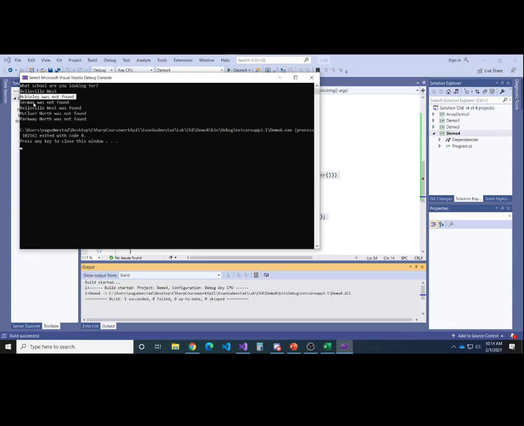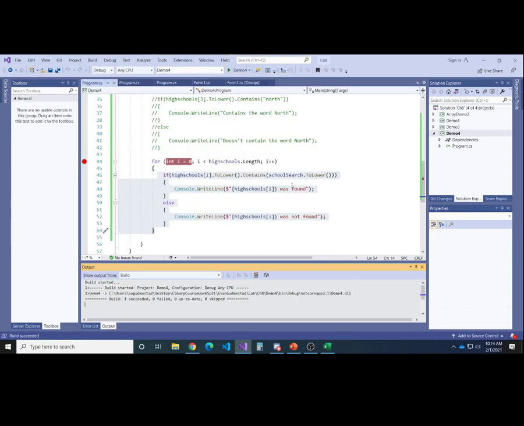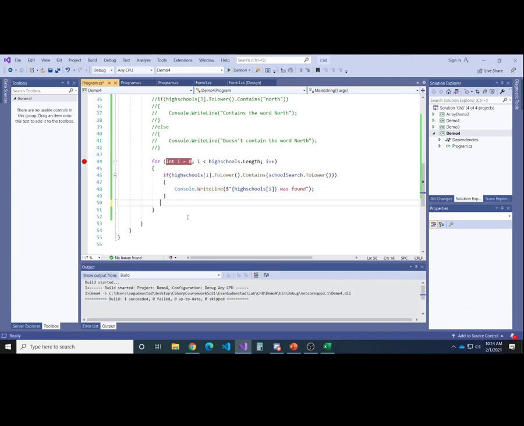So you'll say McKinley was not found, Seckman was not found. I don't really care about these other schools. I just want to know whether Belleville West was found or not. So I can't really put an else right here, but what I can do,